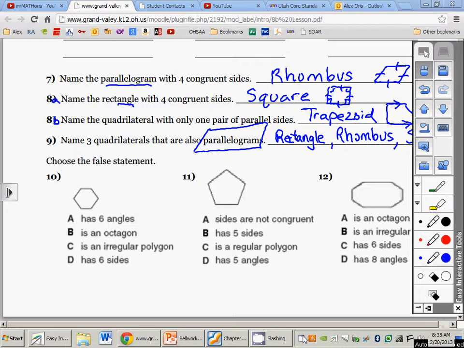Homework-wise, I said tonight would be numbers 1 through 6 and 13 through 17. The only thing that makes me question that